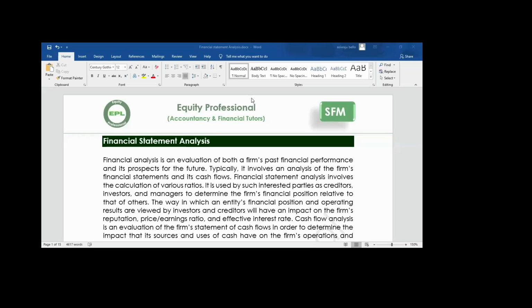These statements include the income statement, the statement of financial position, the cash flow statement, and other statements that may be required by the law or accounting standards. These statements are prepared as stewardship reporting. When we say stewardship reporting,